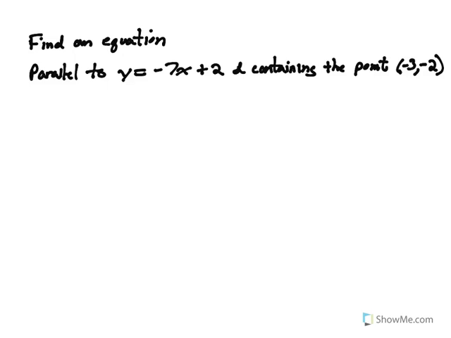Okay? Now remember, from the previous video, I did a video about parallel perpendicular lines. And remember, I said that parallel lines have to have the same slope. So if the first equation has the slope equaling -7, then my line that's parallel to it, which will be my second slope, must also equal -7. And that's why I call it M2, my second slope, okay? So when we go ahead and do that,